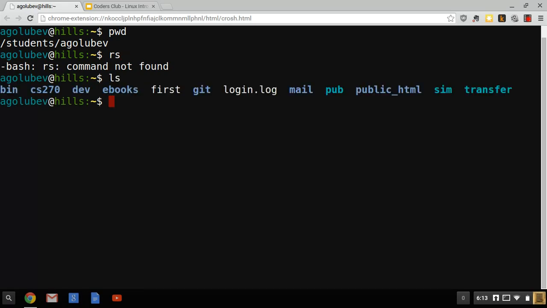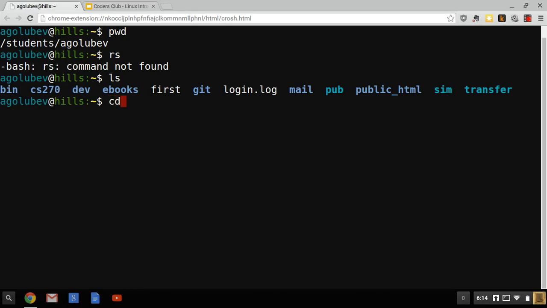So if I go ls, I get a bunch of files. ls stands for list files. All the things colored in blue are my folders, and all the things in white are my files, and the ones in light blue, I think these are some other type of files that Unix uses. So yeah, that's ls. ls is simple, it just prints out the files. pwd just prints exactly where you are.